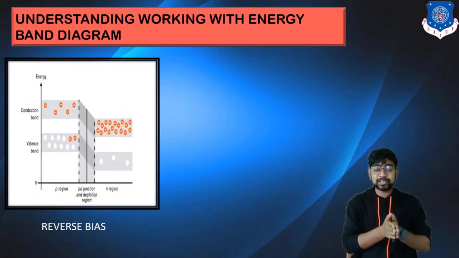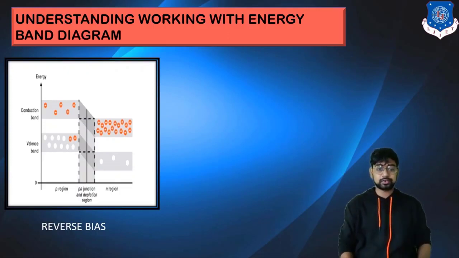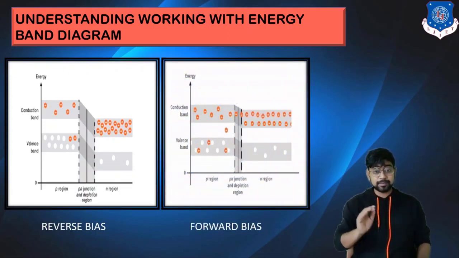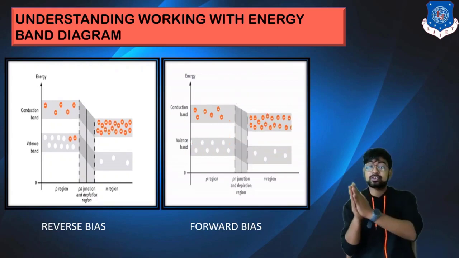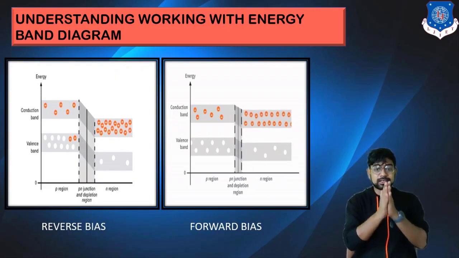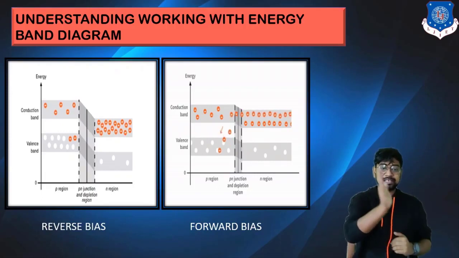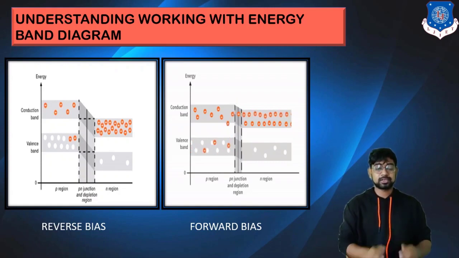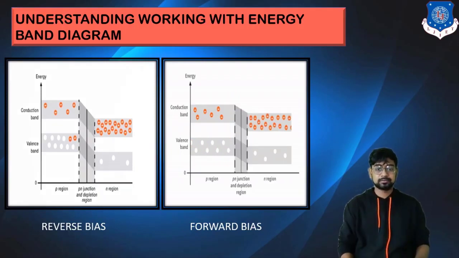So in the reverse bias, what is happening? This depletion width is increased. So now it is impossible for the electrons to cross the barrier. But when you see the forward bias, this depletion width has reduced. As this depletion width has reduced, it is easy for the electrons to go from the n side to the p side. Okay, this is how things are working. See, the levels have matched up, and as the levels have matched up, the electrons are now easily flowing through. So this was the energy band diagram with respect to the forward and the reverse bias of the PN junction diagram.